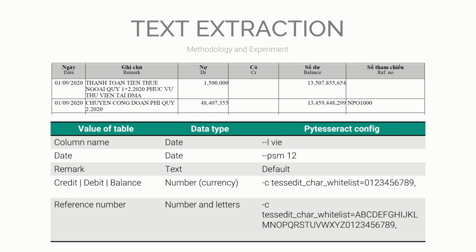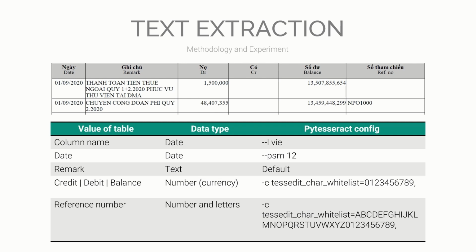The final column contains special strings for reference. It may have capital letters, numbers, or both. The recognition process is limited with these characters. The last column to consider is the second column, which is the content of each financial transaction. Normally, there are no rules for the content, therefore, no limitations are added here.